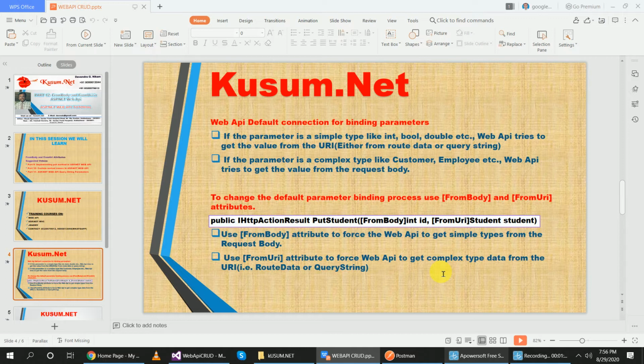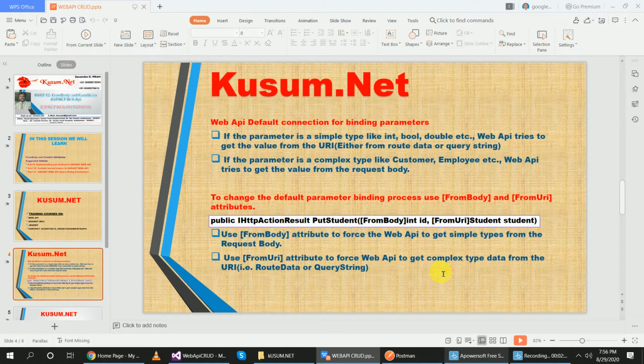These two attributes tell Web API that if the FromBody attribute is used, please take request data from the body, and if the FromUri attribute is used, then take data from the URI, right?